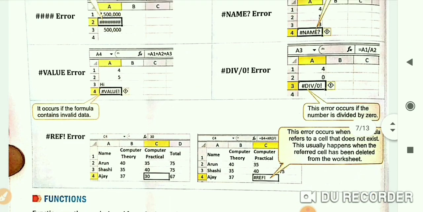The third one is the #VALUE! error. It occurs if the formula contains invalid data. And the fourth one is the #DIV/0! error, that is division by zero error. As you know, no number can be divided by 0. So this error occurs if a number is divided by 0.